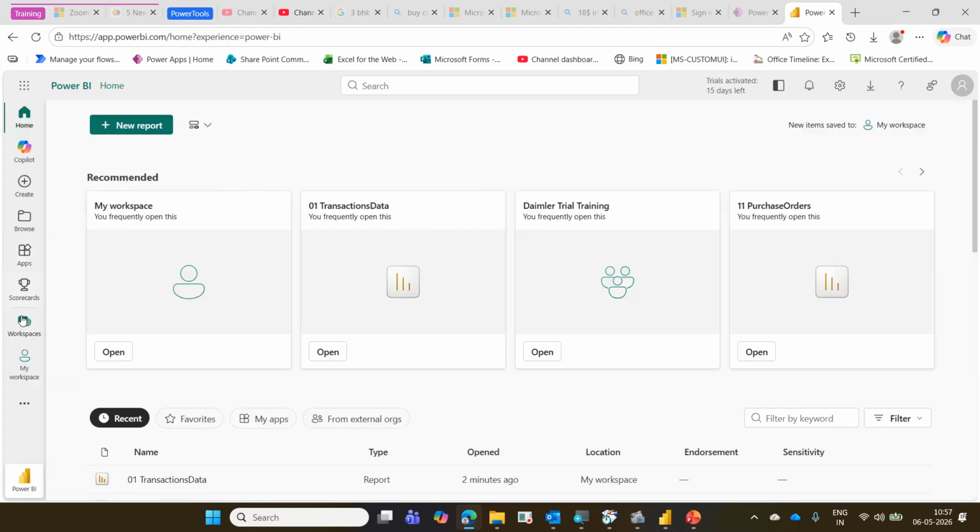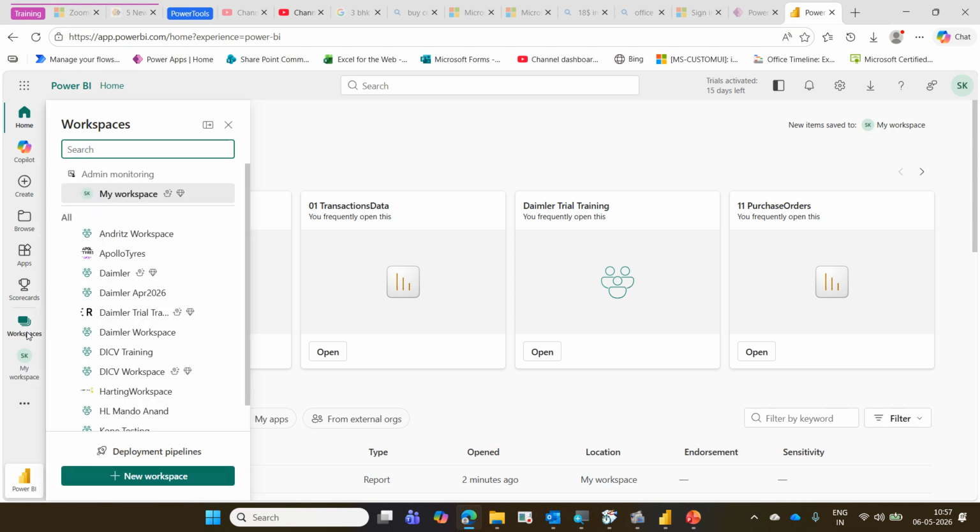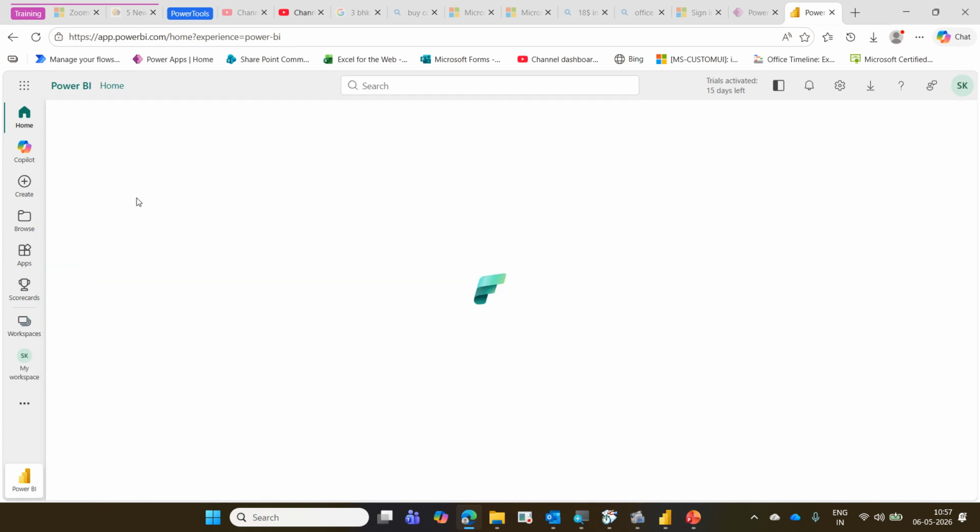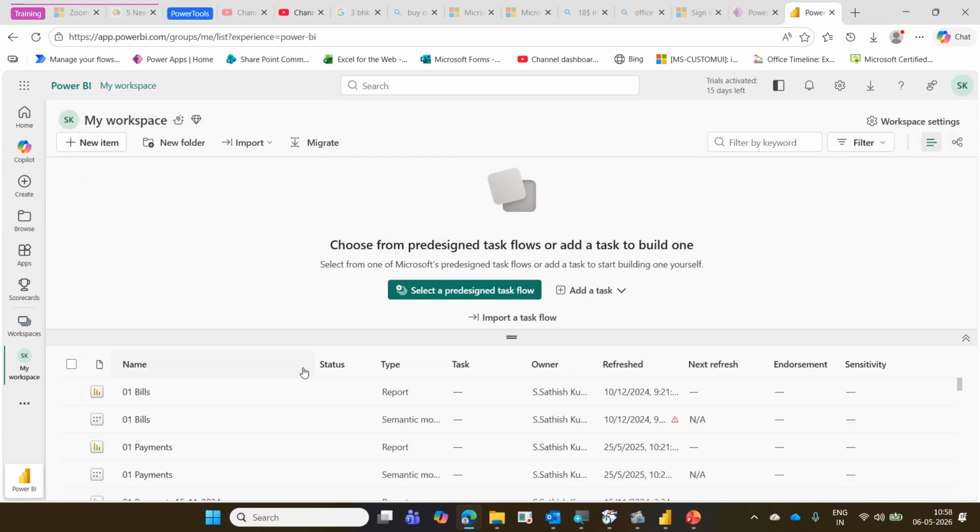You can see there is a button called Workspace. Click on that workspace. Your workspace will be displayed here. My workspace. Click on My workspace, and you can see your reports will be available here.